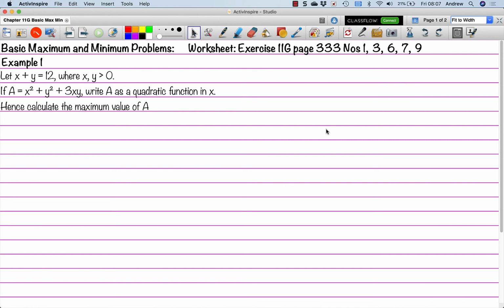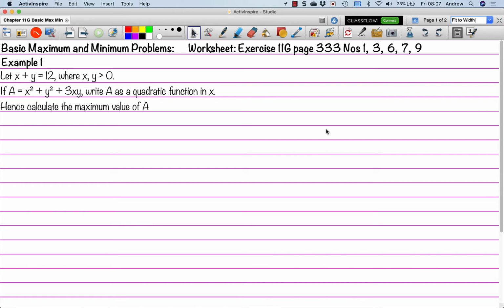Now we've explored differentiation, and what we've now got to do is apply it to maximum and minimum problems. So these are questions where you have to put the equation that you are going to be differentiating together using the information that they give you in the question. So in the question, they have given you